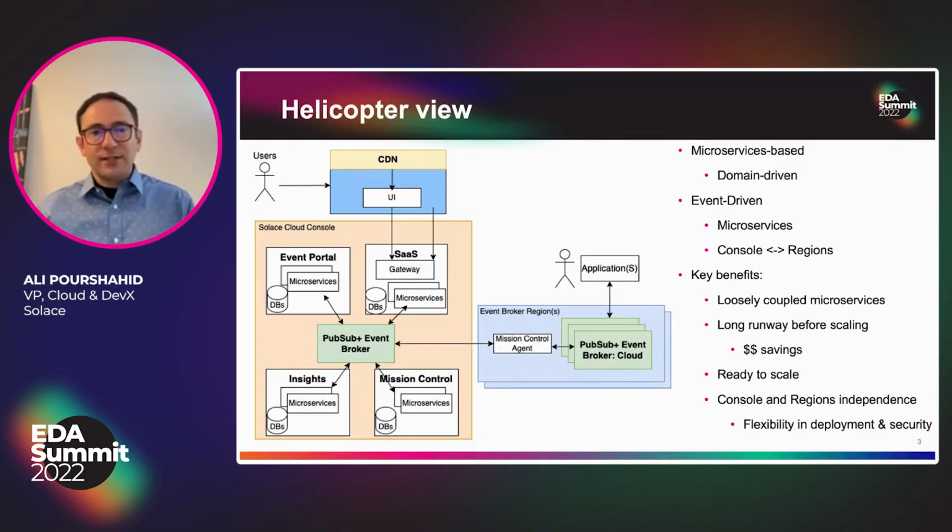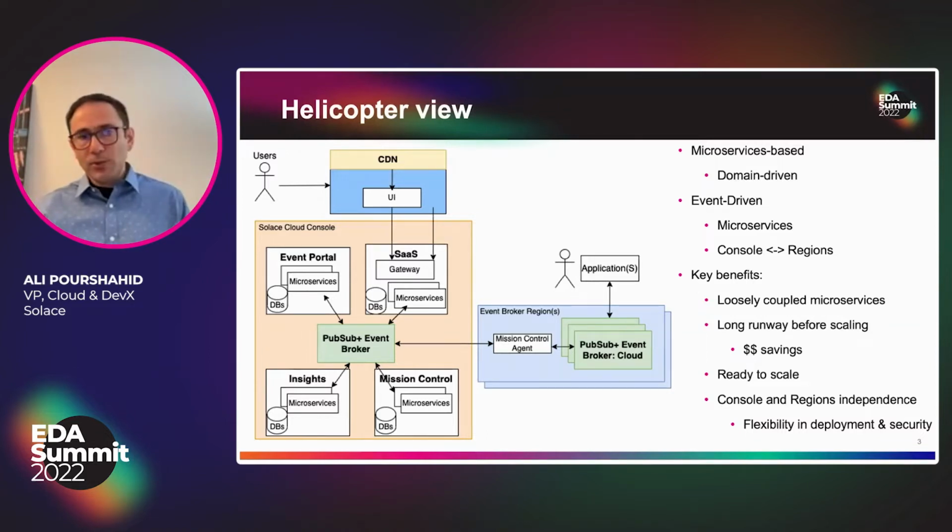So if you look at the architecture, you can see that we have an event broker sitting between all of our microservices on the left side. You have all these microservices that are communicating together through these event broker services. And this principle, this way of thinking, has helped us throughout the years to solve different problems, and it has had several benefits for us. Of course, when it comes to microservices and EDA in general, loosely coupled microservices being one of the most important ones, and this independent thinking.